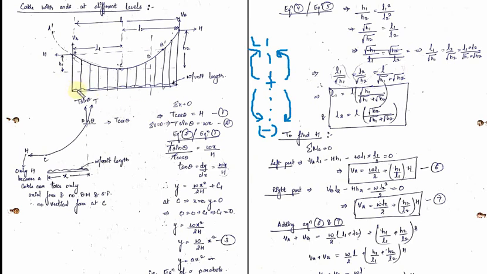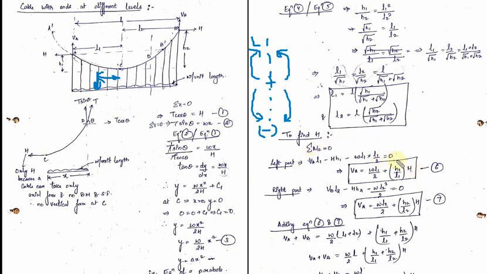Now the third force is this UDL, and this UDL is also acting in the downward direction. So this UDL will produce an anti-clockwise movement about the C point. If the left movement is anti-clockwise, the bending moment is negative. So minus. First convert this UDL into a point load, so W into the length L1. So W into L1, and this UDL will act at the center of L1, that is L1 by 2. So the perpendicular distance of this point load from the C point will be L1 by 2. So I can write it as minus W L1 into the perpendicular distance L1 by 2, equal to 0.